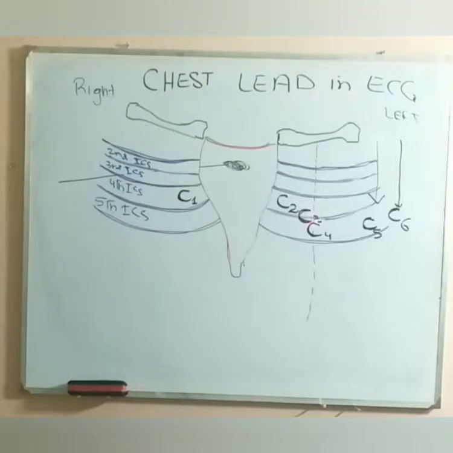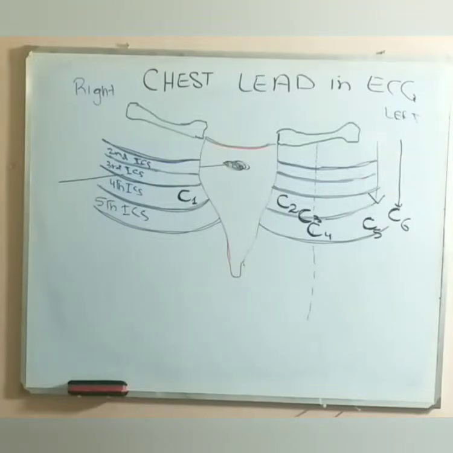We do not place chest lead 3 first, but we place chest lead 4. Then we decide to place chest lead 3 between chest lead 2 and chest lead 4. Where do we place chest lead 4? In the left fifth intercostal space, in the mid clavicular line. Do not use the word nipple. And we place chest lead 5 and chest lead 6 in the fifth intercostal space in the anterior axillary and